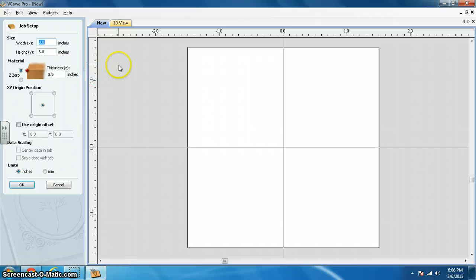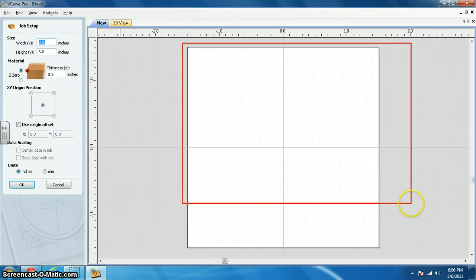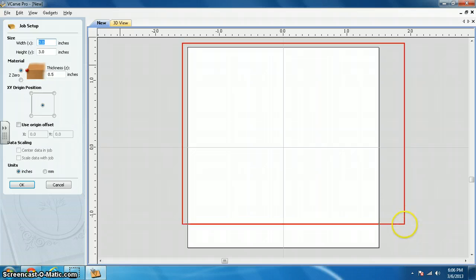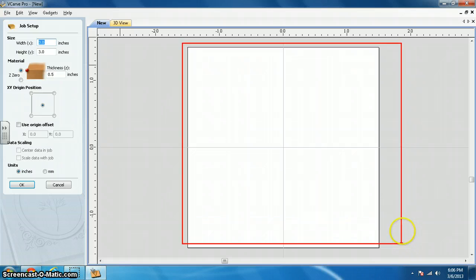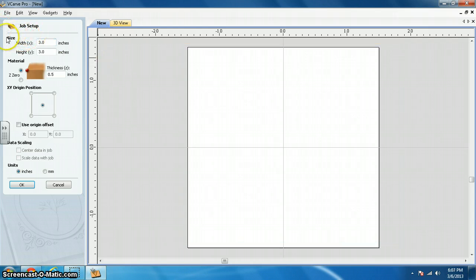Once you create a new file, on the right hand side you're going to see a work pane or a work view window. What that does for us is allows us to design and see our designs and preview our designs while we're working with the program, rather than writing the code longhand, which some of you may be used to. On the left hand side, you're going to see the job setup pane. You can see the size, where we set the width of our material, the height of our material, as well as where our Z axis is 0, or where our tool is referencing the depth and the